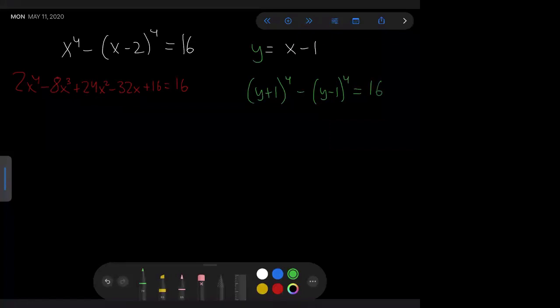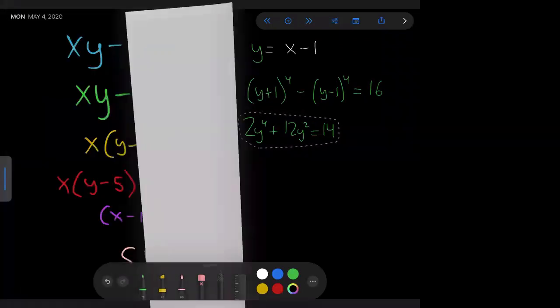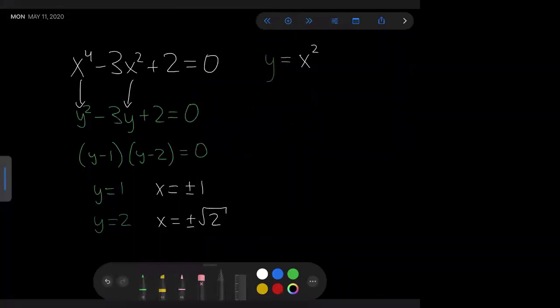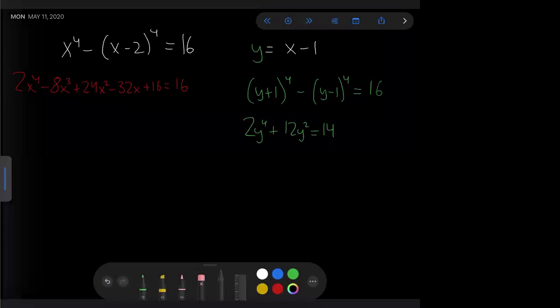Now, if you expand this and simplify, you get something a lot nicer, which is 2y to the fourth plus 12y squared equals 14. Now, if you look back, that kind of looks like your x to the fourth minus 3x squared plus 2, right? Let's look at what happens. We can change our y to the fourth